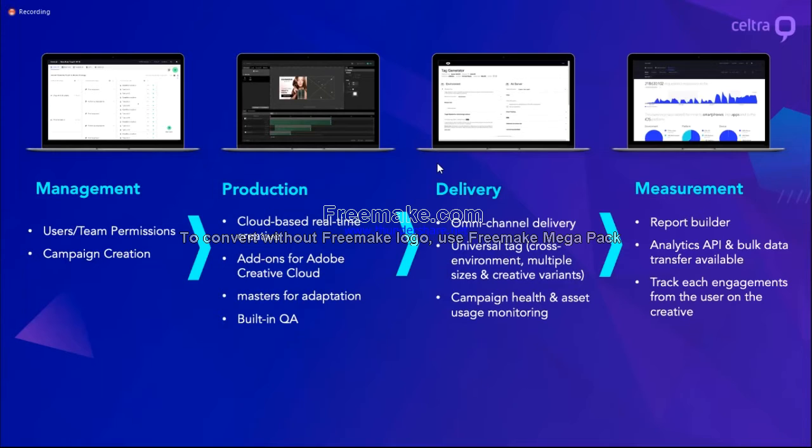Celtra platform. Our partners tend to rely on Celtra reporting a lot because all of the engagement metrics are available in the platform. Imagine you have a gamified app, where a user has to play a game on the creative and reach different levels. All these touch points of the game are actually tracked by the system, and at the end of the campaign you can pull a report where you can say, okay, how many users actually passed level 1, how many passed 2, how many passed 3, how many did click through, how many did actually convert. So all this information will be available from the Celtra platform, and after